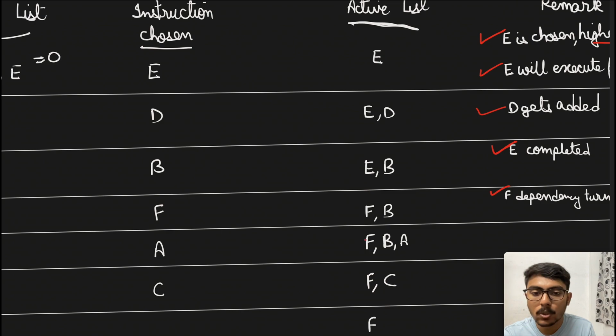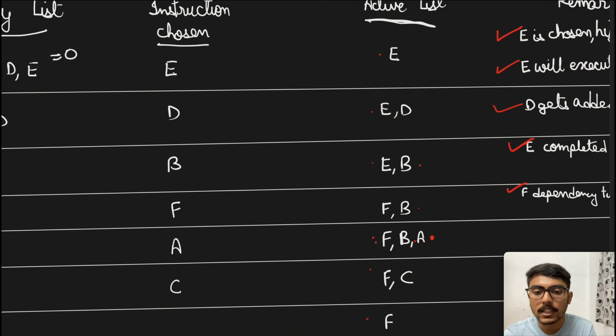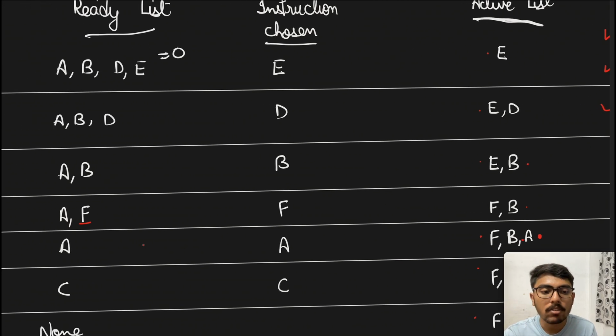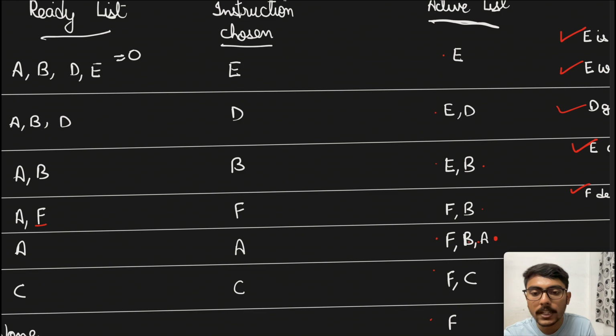Remember that we need to keep the cycle count in mind so that each instruction executes in its time. So like E executed for 3 cycles, B executed for 3 cycles, now F will execute for 3 cycles. But those instructions which will be only executing once or in 1 cycle, like A executes here, will not be repeated in the next line. So that's how we will execute these, and once we see that B is done, A is done, now we